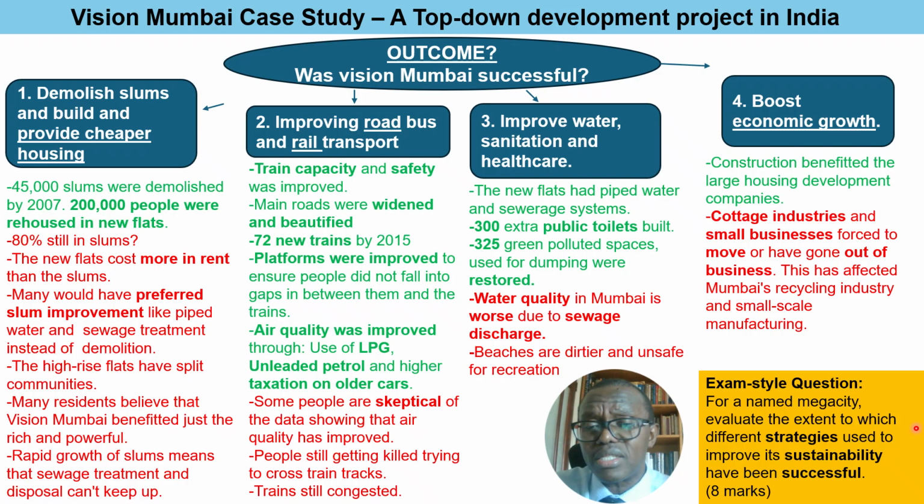However, something that was a negative, and I think I discussed this before with you, was the cottage industries and small-scale businesses being forced out of the slum areas and possibly not having a new place to go and set up their business. So that is likely to have lost the country money in terms of GDP, and these people money as well in terms of an income.